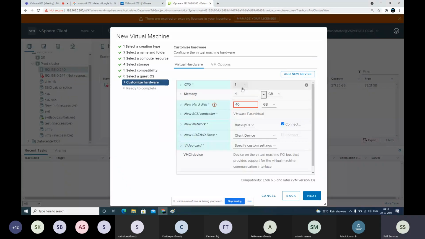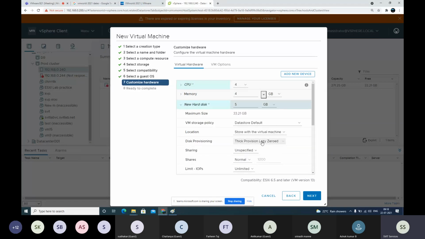Here, make sure people are not blindly clicking next and finish. Here minimum it should be 4 CPUs. Many people are making mistakes here. Make sure it has 4 CPUs, 4 GB RAM, 5 GB hard disk, and make sure it is thin provision. Expand the drop down and select thin provision. I will explain later what thin and thick are.